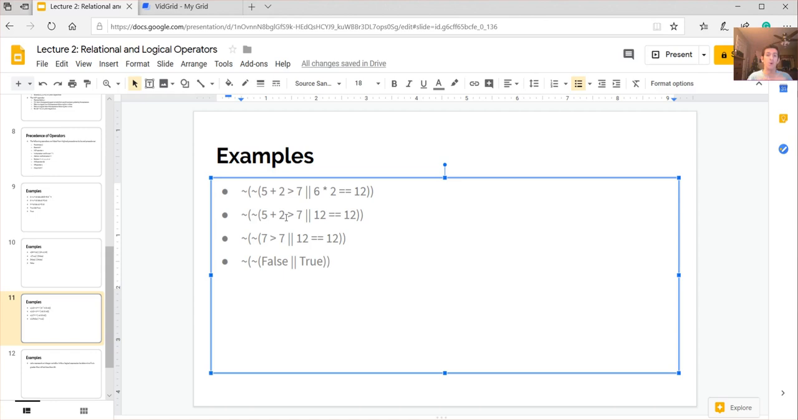Now let's work on the or operator. So we have false or true. Remember, with the or operator, only one of the two relations needs to be true. The first one's false, but the second is true, meaning the whole thing simplifies to being true. So we have